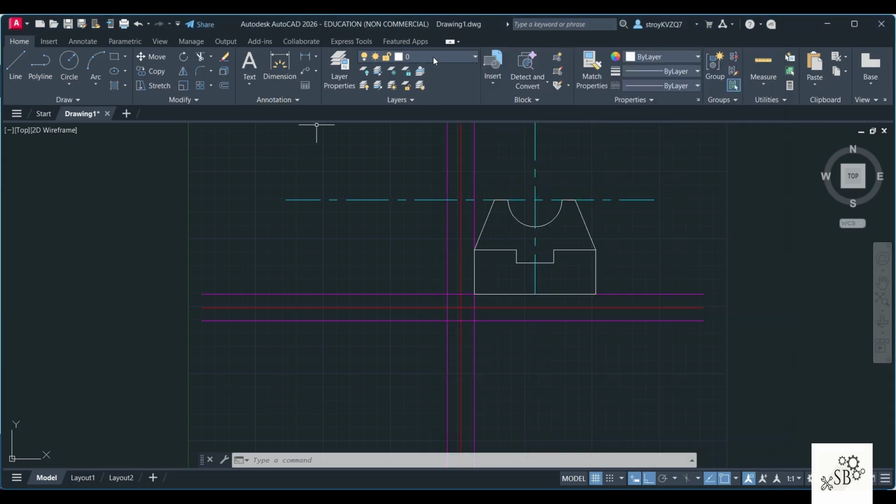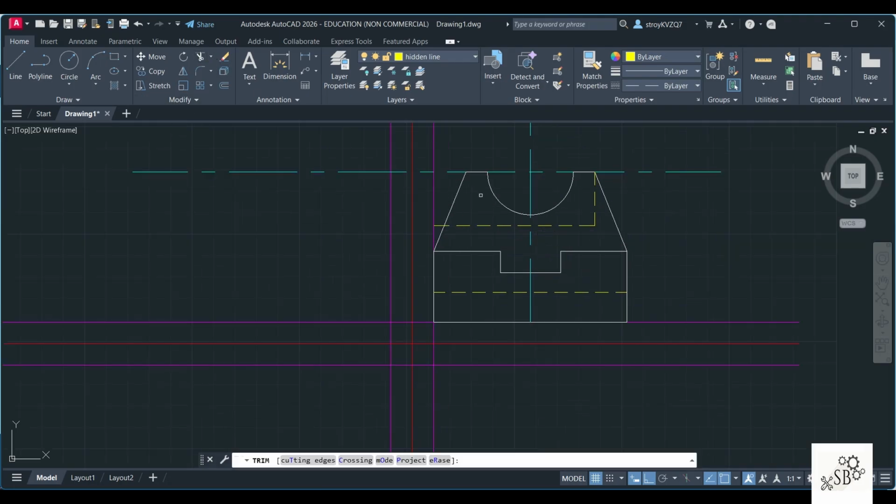So I will go to hidden line. I'll use line option. From here, this height is 14, and then I will draw this line up to the end. We will delete the extra line. Also, I'm going to use hidden line from this top portion. So from here, this height is 25. So I will join it up to this end.